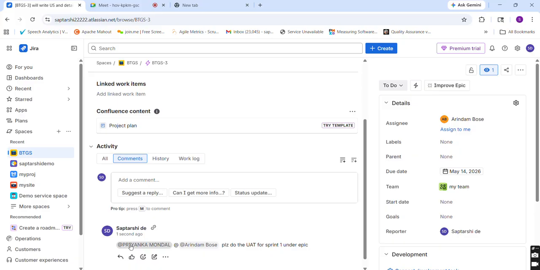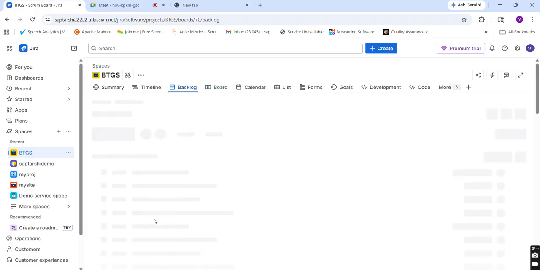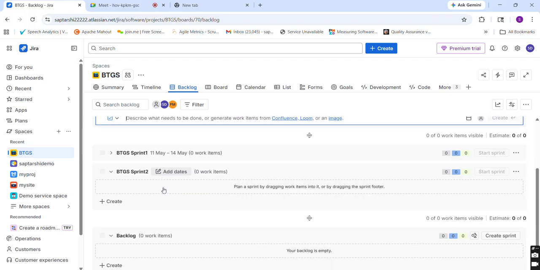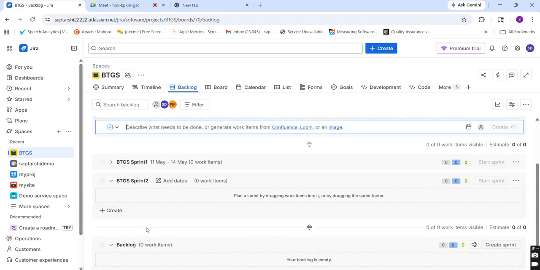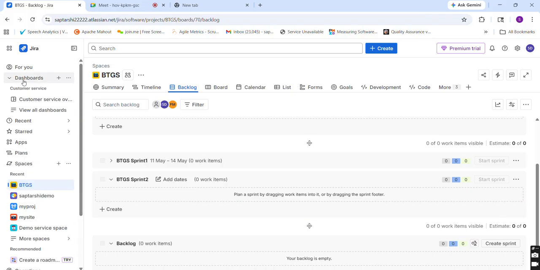Both of you got the mail. The intention here is that anything I have created, automatically the mail will shoot to all of your accounts. So go to the backlog. Yes, I got the mail. You can see I have a sprint 1 and sprint 2, but in sprint 2 I did not get any dates. So you can create multiple sprints and multiple backlogs under the epics. Okay, so now if you go to the dashboard,